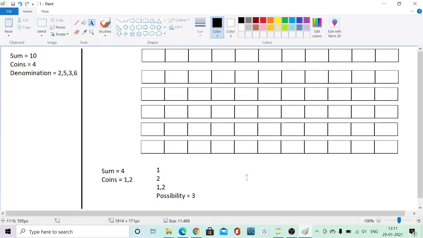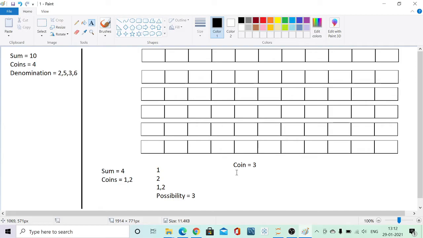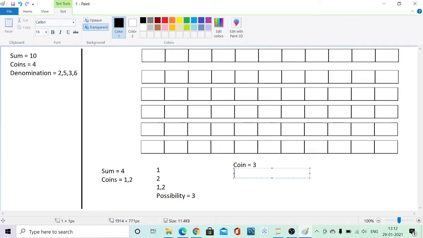Now let's say I have one more coin whose denomination is 3. So what are the number of ways in which I can get up to a sum of 4? Now one possibility is that I use 4 coins of denomination 1, I use 2 coins of denomination 2, I use coins of denomination 1 and 2, I use coins of denomination 1 and 3.